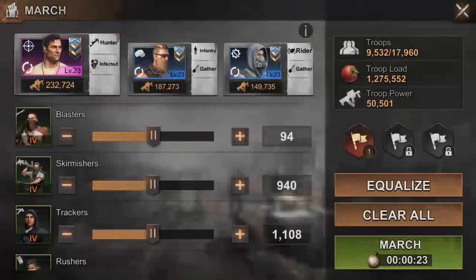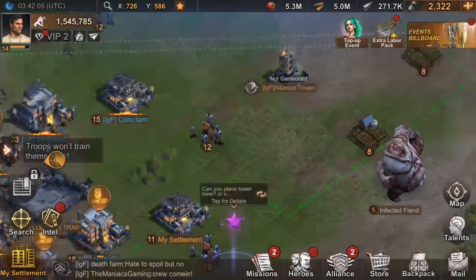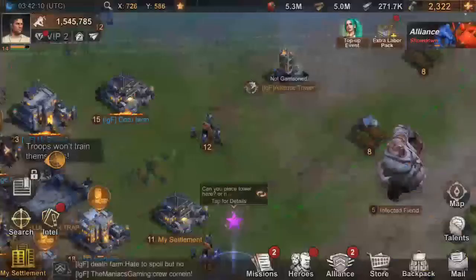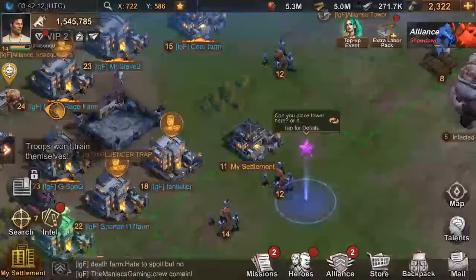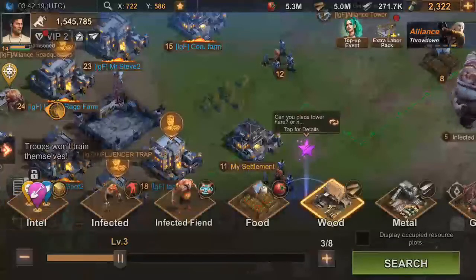Like boom, there we go. I can get 1.2 million food just using this. 9,000 troops, 1.2 million food when they're done. Obviously, it takes a little while for them to do it, but heck, it's worth it. And of course, if you can't seem to find any, click on this lovely thing, search, boom, right there, food. Right here,